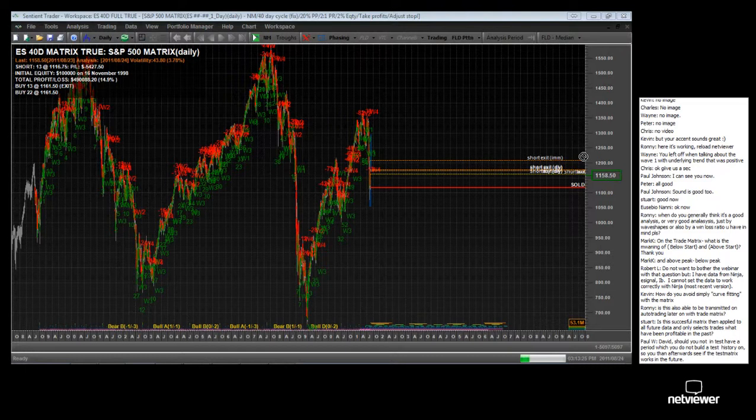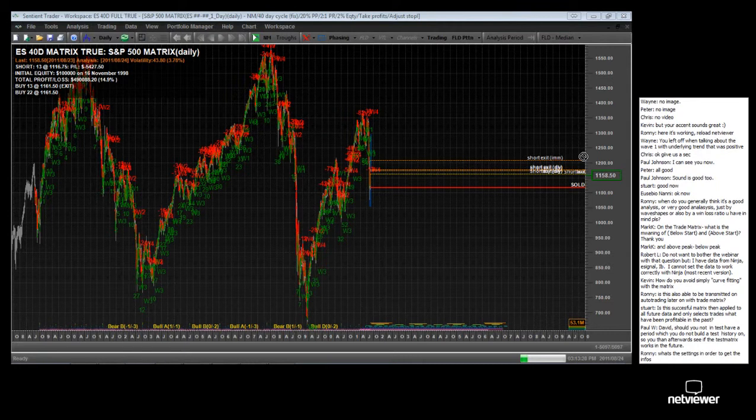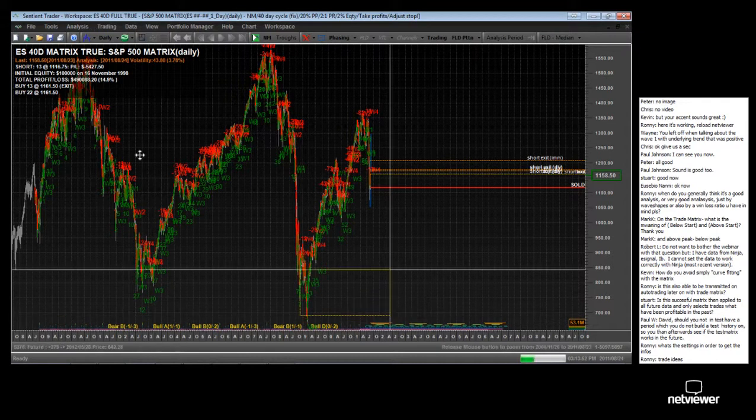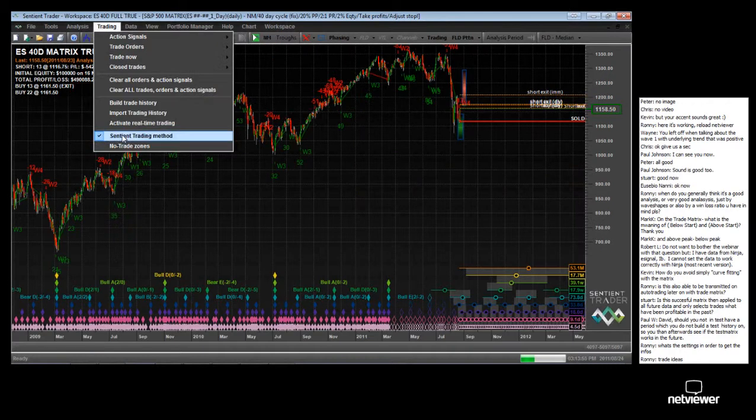Ronnie, I have 3 questions today. What do I need to put in order to get Sentient Trader info? Ronnie, if you don't mind, you'll need to rephrase the question. I'm not sure I understand that. Sentient Trader info. What do I need to put in order to see wave shapes on my chart? Do you have a document showing what every wave shape looks like, and when do they appear, during building of the pattern or after it's completed?